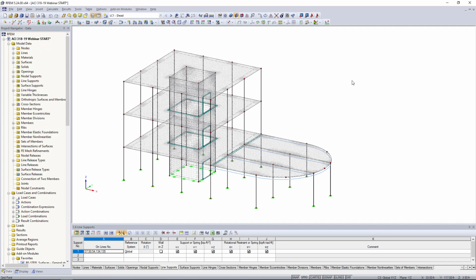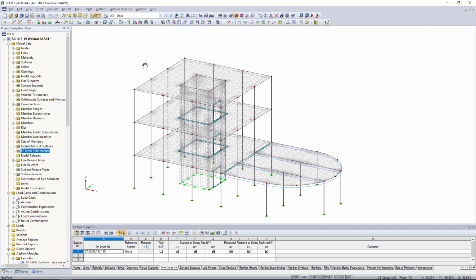So if you're looking for more control over that, you would want to manually add these FE mesh refinements, which is available in our Project Navigator. But this is, again, a great feature if we're wanting to quickly refine the FE mesh to have a reliable FE mesh length size to the entire model. Okay, so now that we have completed a quick overview of the modeling of the structure, let's move on to